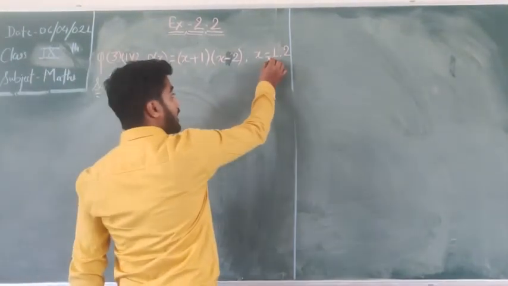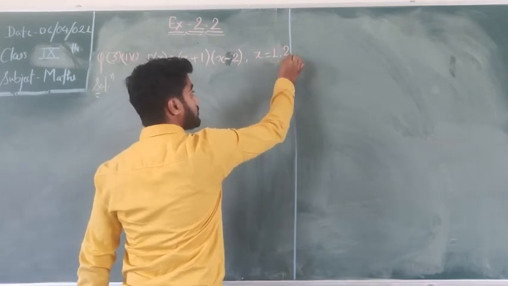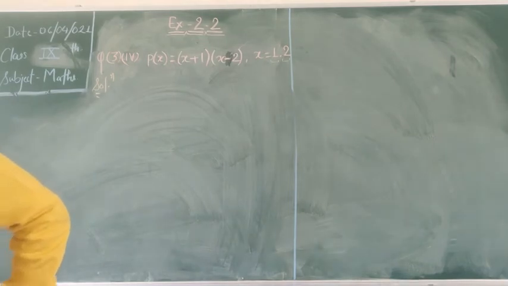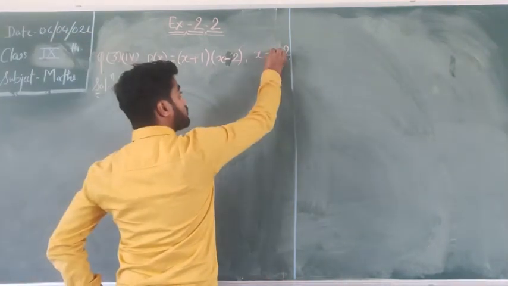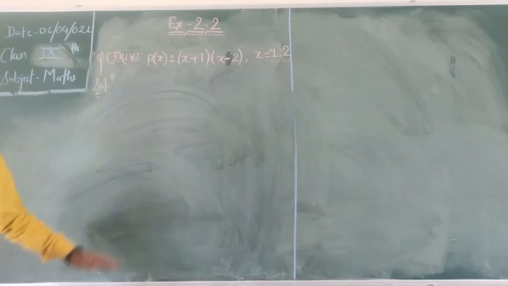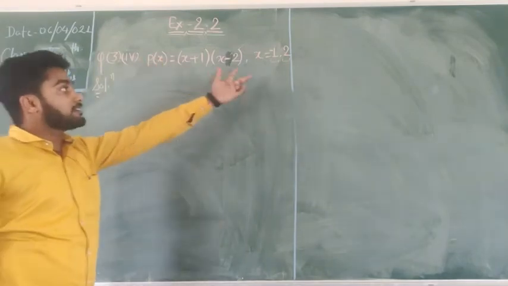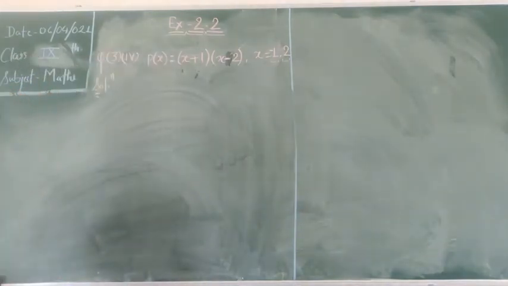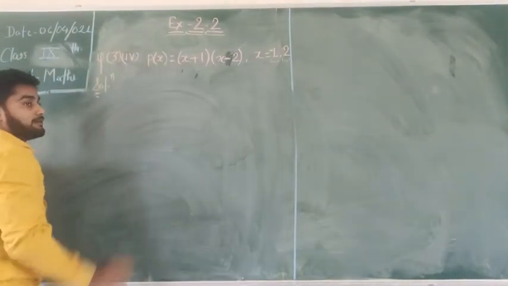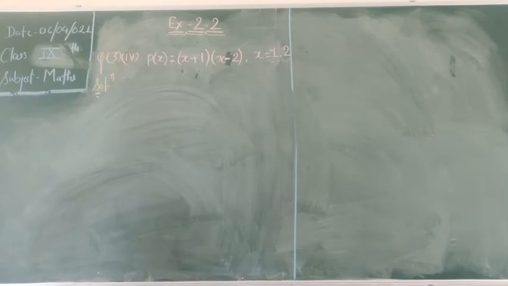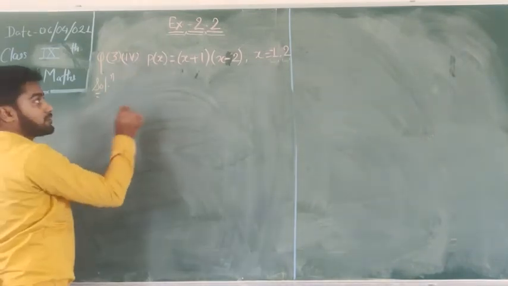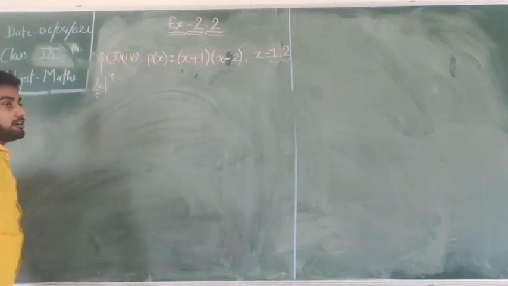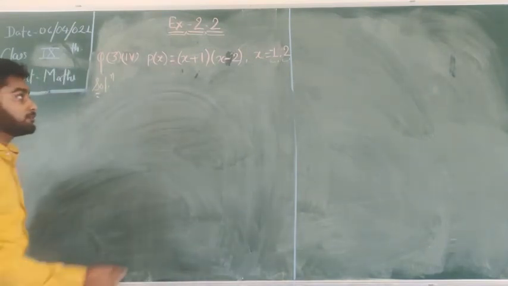There the values of x are -1 and 2, and we have to find whether these are the two roots of this polynomial or not. Firstly, we did a different method in the first question. In this question we will do it from a different method. Both the methods are easy. You can solve with both of the methods.